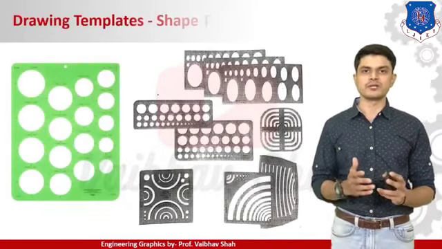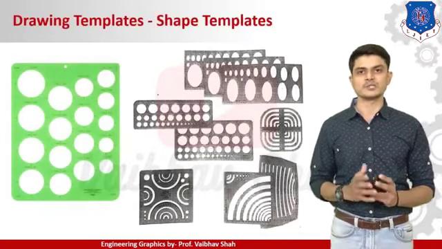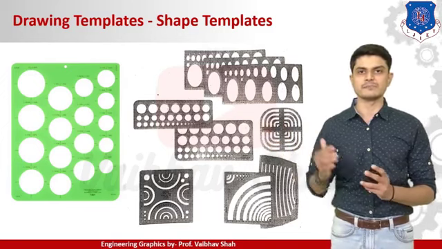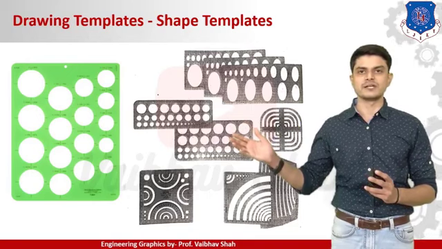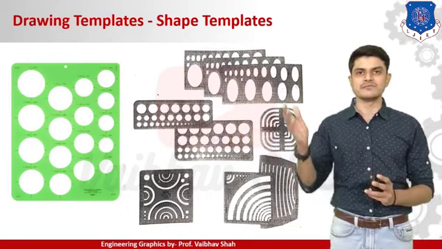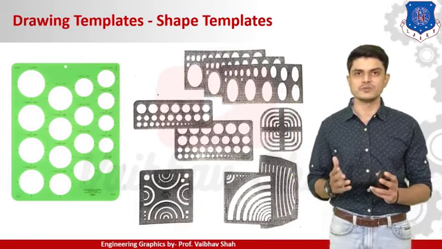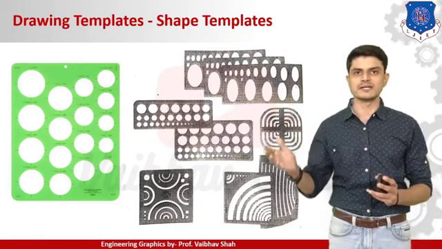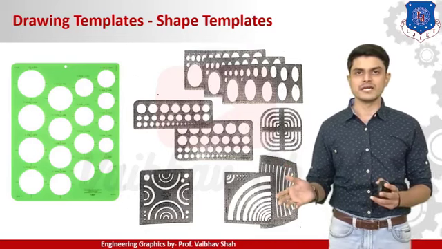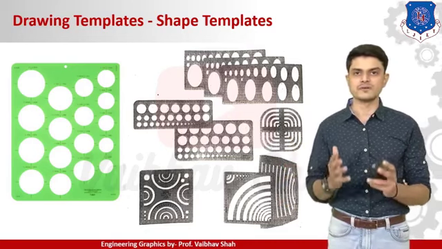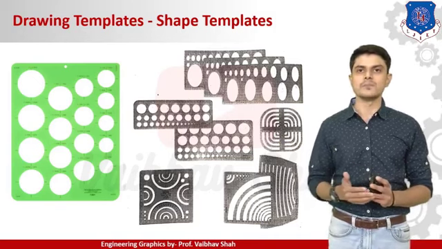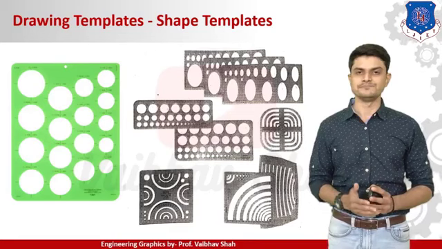These are important devices. These are known as drawing templates or shape templates. You can directly draw particular shapes by using these templates. The first one is your circle template. You can draw any size of circle with the help of this template. And these are various different kinds of templates. You can use these templates to draw ellipses. These are the various circular arcs you can draw with the help of these, and you have different kinds of geometries in the template. You can directly use these templates to cut down on the drawing time.